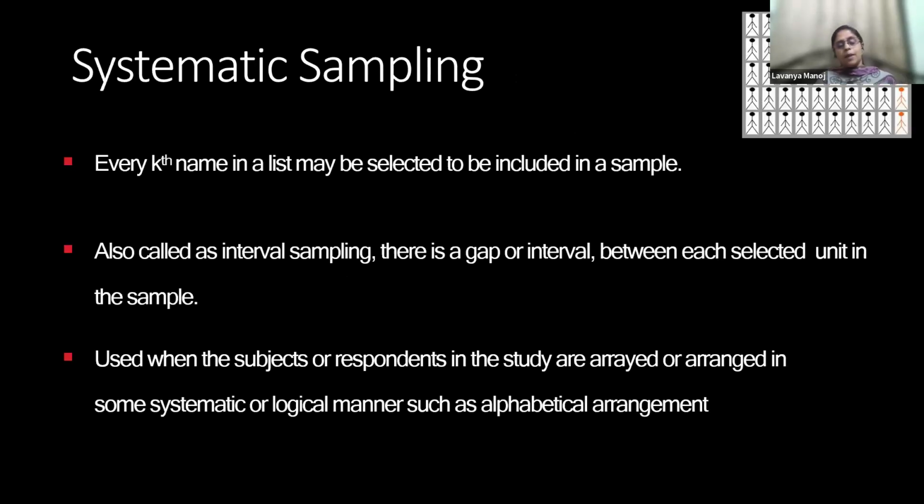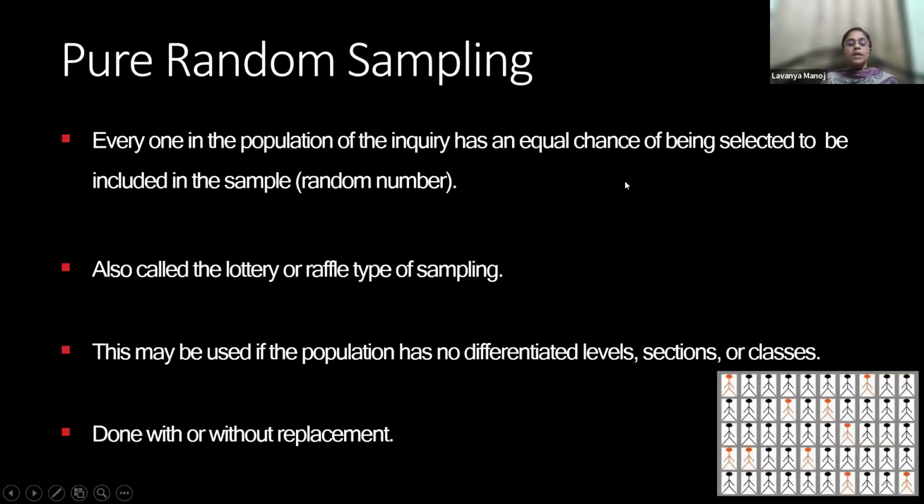Then there is systematic sampling. Here, you decide that you are going to sample every third person, or every fifth person, or every second person in a group. In systematic sampling, every nth name in the list may be selected to be included in a sample. Whereas random sampling is where everyone in the population of the inquiry has an equal chance of being selected,